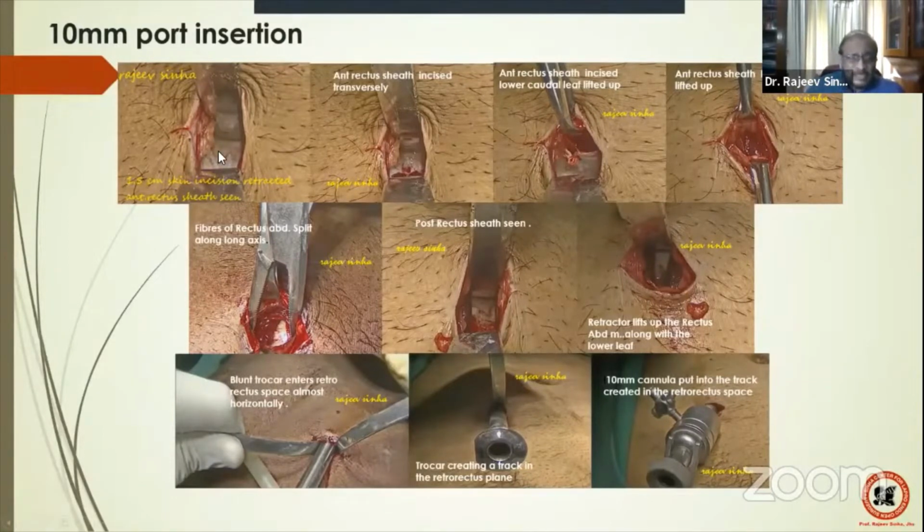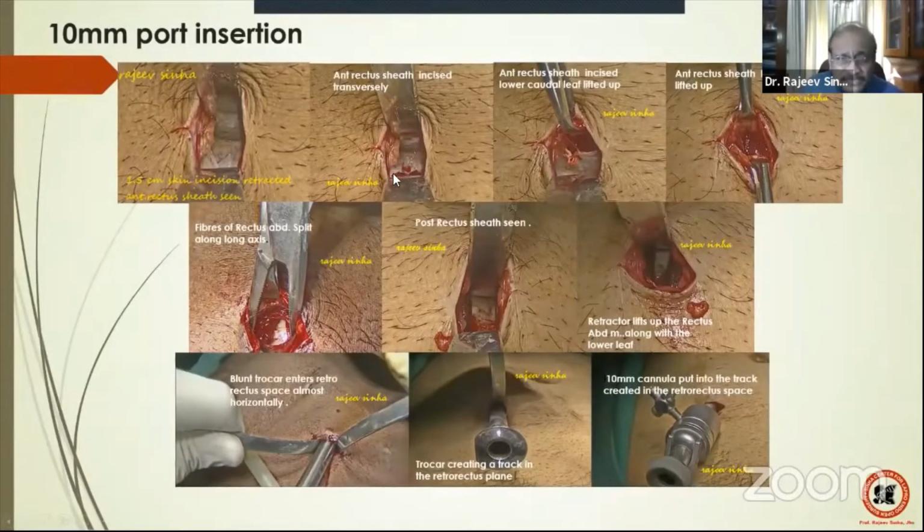What I am seeing here is the anterior rectus sheath. Now I make an opening in the anterior rectus sheath. See this? Anterior rectus sheath, made an opening, and I pick up the upper leaf. The upper leaf has been picked up. This is the lower leaf. And now I pick up the lower leaf. It's very well depicted in this diagram, right? In this pictorial representation. Superior leaf, inferior leaf, right?